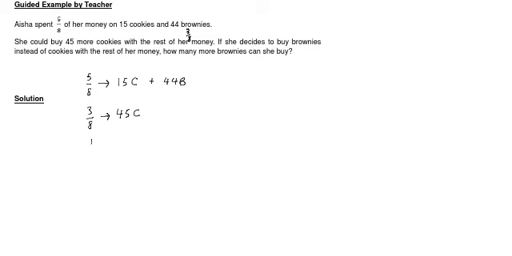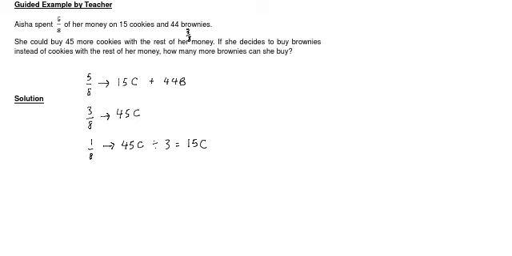How many cookies can she get with 1/8 of her money? You divide 45 cookies by 3, right? And that will give you 15 cookies. Okay, you get 15 cookies. Right, the C stands for the number of cookies. Now, since 1/8 is actually 15 cookies,